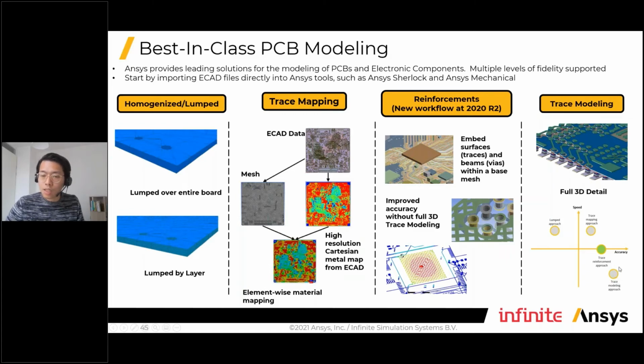As you can see, the trace modeling approach, which really puts everything in as solids, is most accurate, but you're definitely going to solve it not just in hours, but in days. However, the trace reinforcement approach can really bring your working time down to a daily working level, not like having only one simulation per day, but maybe multiple simulations per day to help you understand how you can improve your design already. And there is still impactful accuracy that gives you more insight into the traces and also the board's material inside the entire PCB.